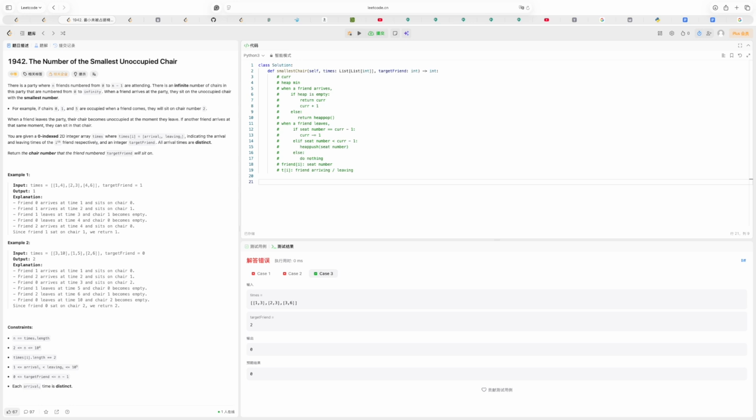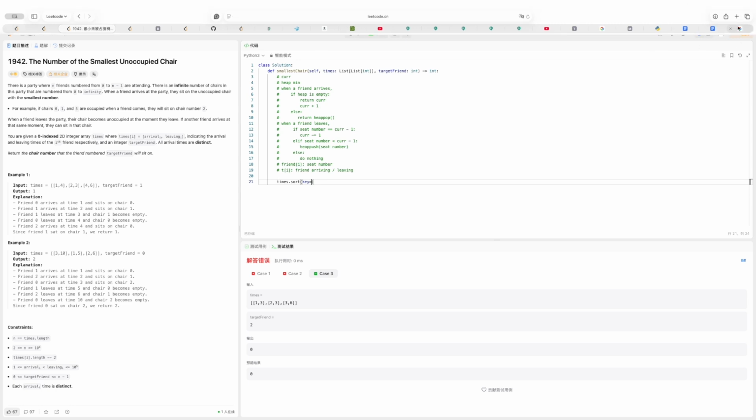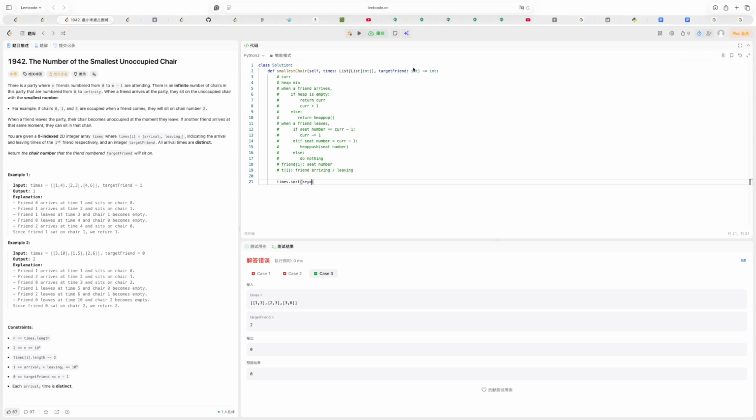Okay, I'll just first sort the times with arrival time. Sort times, key, times sort, key is, I forgot how to. Okay, I think I will have